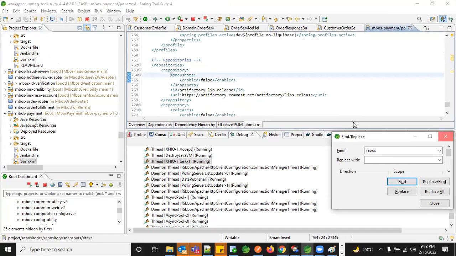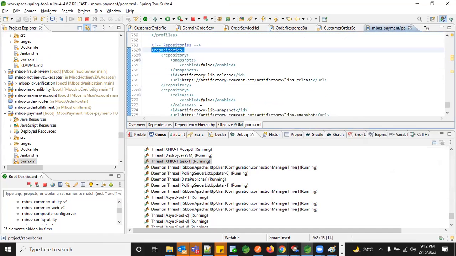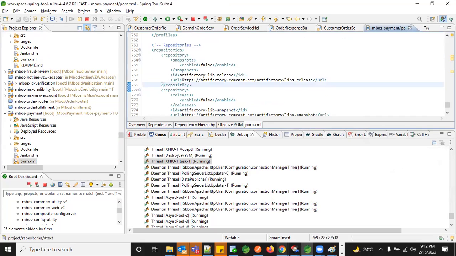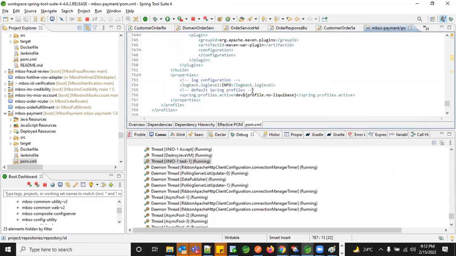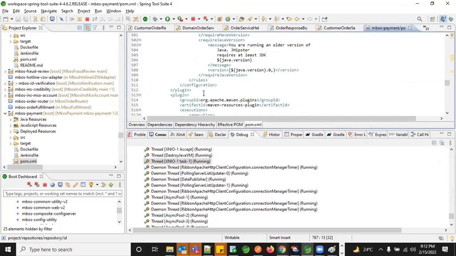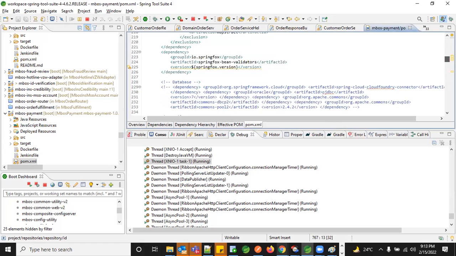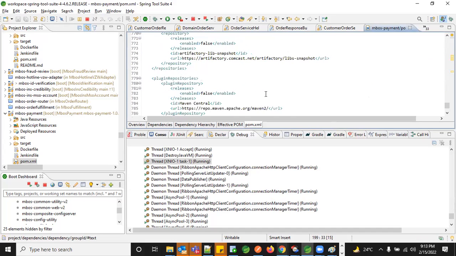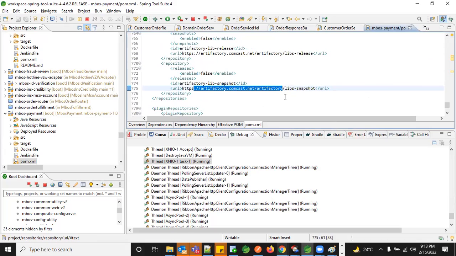So if you see here, this is having a repository, and what I'm doing is fetching all the data from some other source. A remote repository is not in the local. It's somewhere in the backend on some other server. I'm just using that particular path and downloading all the JARs which I wanted. So whatever dependencies I have mentioned in this particular file, where are the dependencies? Yeah. So this is JHipster, Kafka, some kind of dependencies, right? All this we loaded from my repository. Say this is the repository from Artifactory.